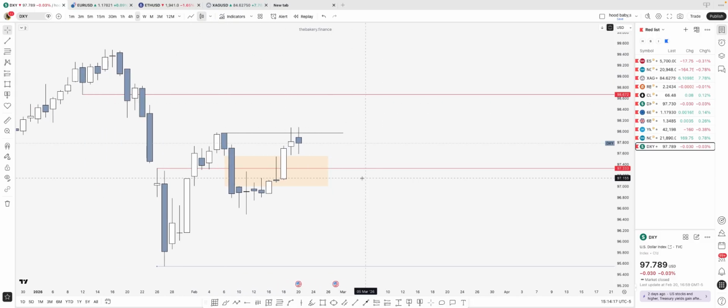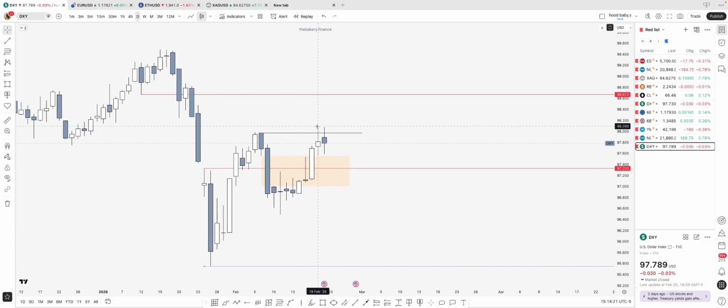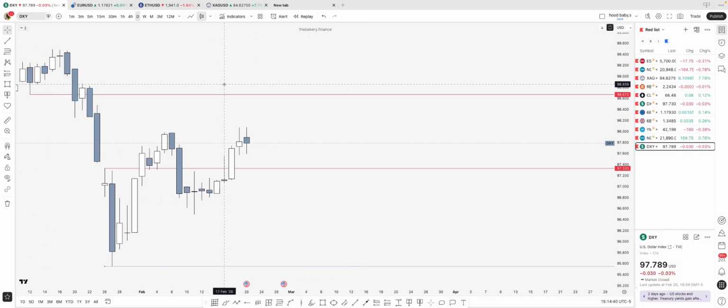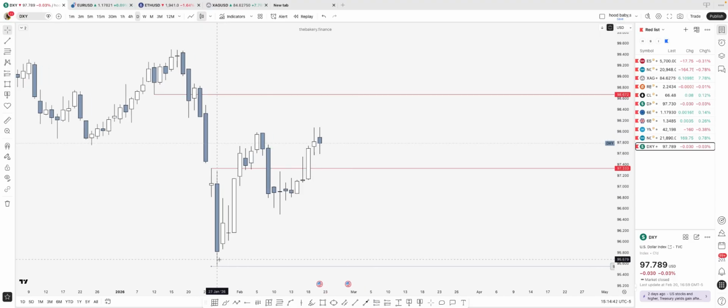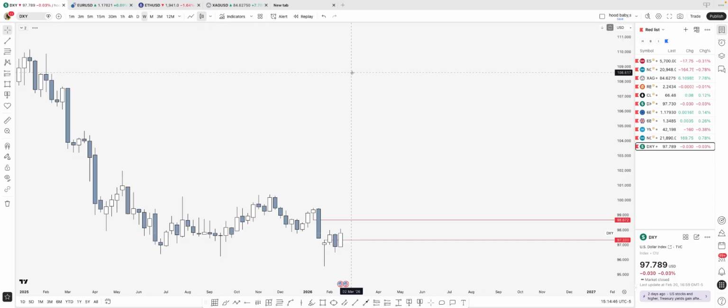Then the other, I was not fully focused on my chart, which was this Thursday. I could not participate in the move that took out this high, which was really messed up. But we move on, and price action has given us something solid to work with this week. So I won't be doing a review for EU and the rest. This is how I have built my narrative to where we're at right now.